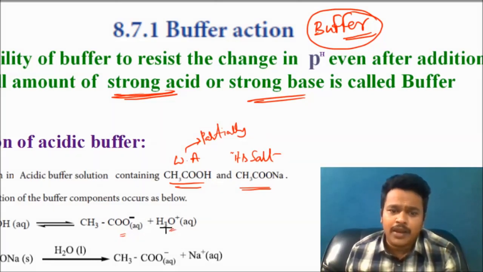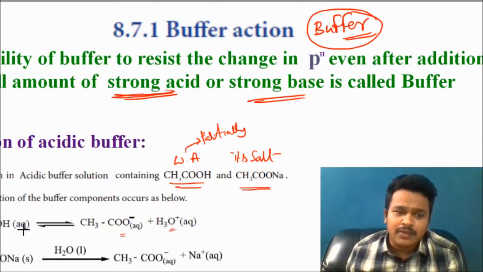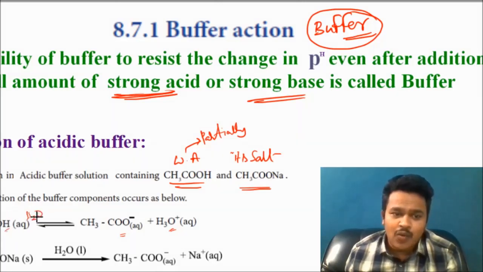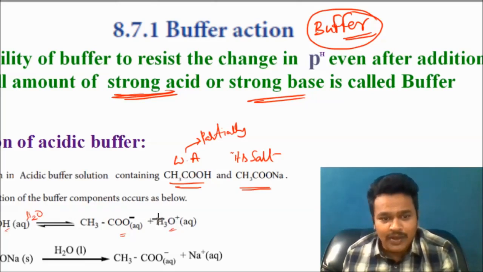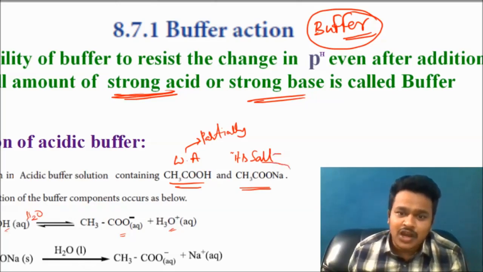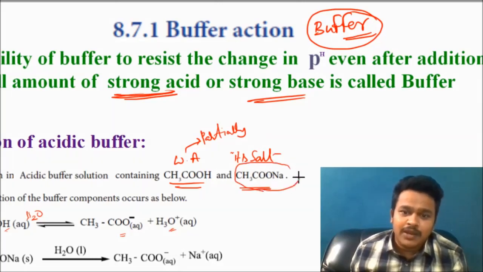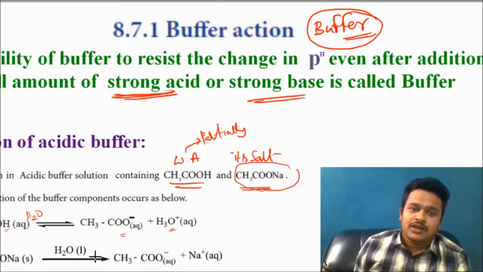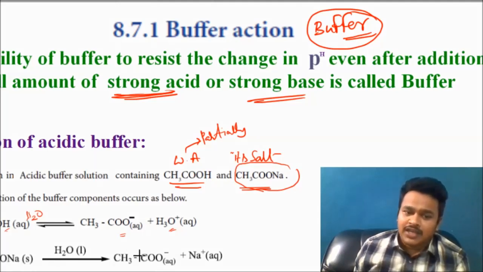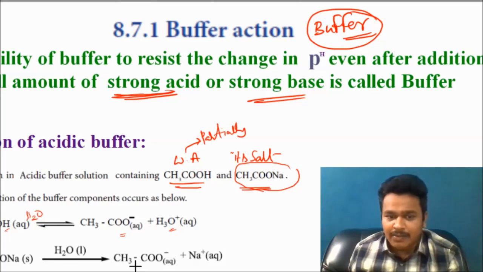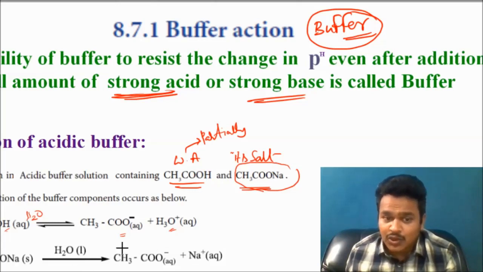Why am I writing hydronium ion here? In aqueous medium, water is there, H2O is there. Acetic acid loses this H plus, so who is taking that H plus? Water is taking it, so H3O plus. And the salt is there. The salt is completely dissociated, so I am taking a straight single arrow. CH3COONa is a solid, a salt. It gives acetate ion and Na plus completely. I am not taking a double arrow here. You have to observe, because it is completely dissociated, there is no equilibrium here.